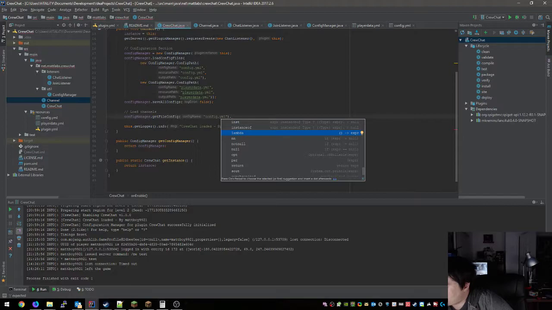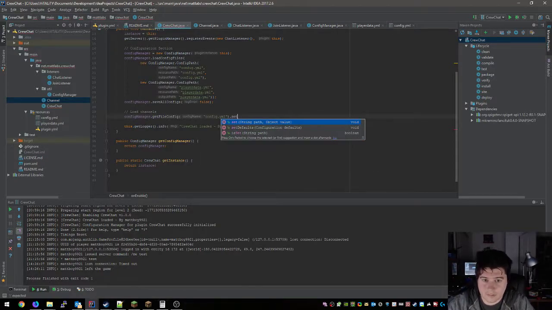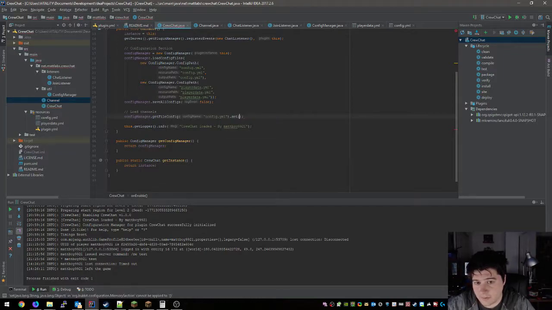So how do I read from it? Just trying to dot set. Oh, where is this coming from? Is this just new? Interesting. But we want not dot set, but dot get